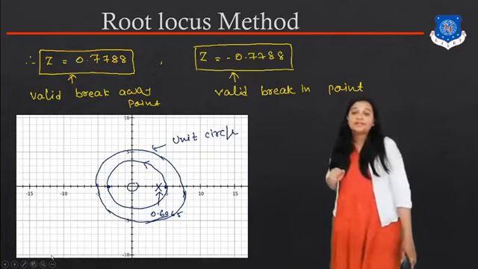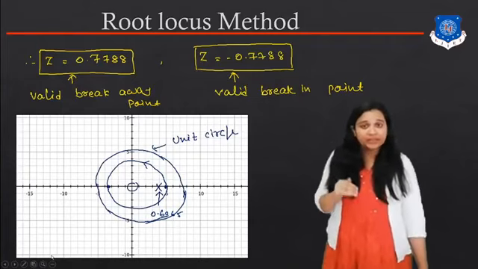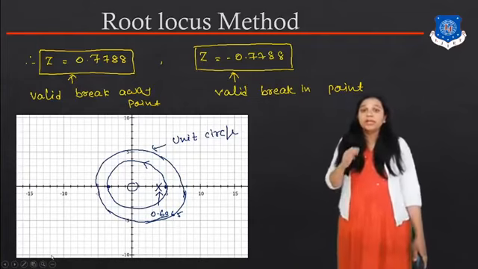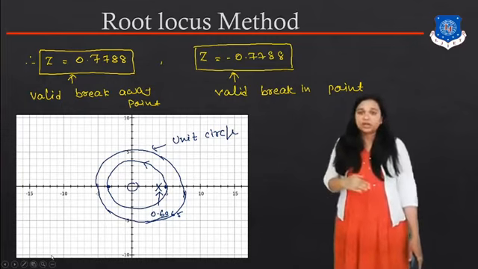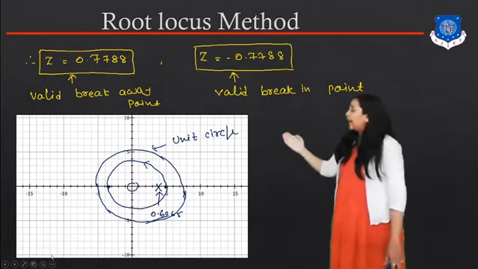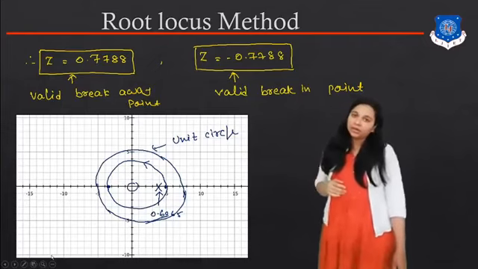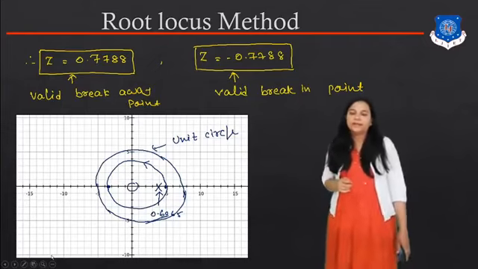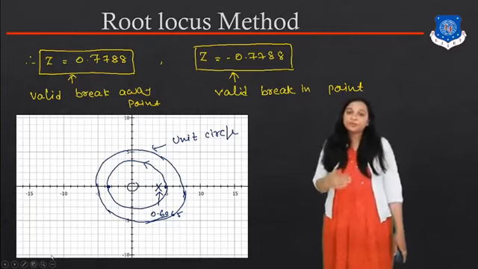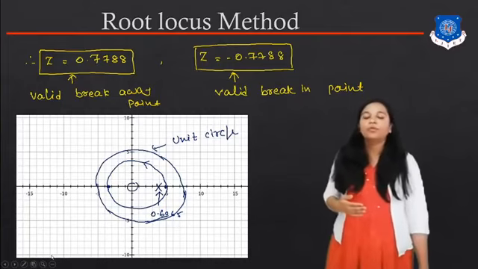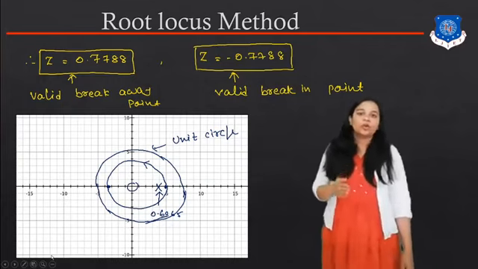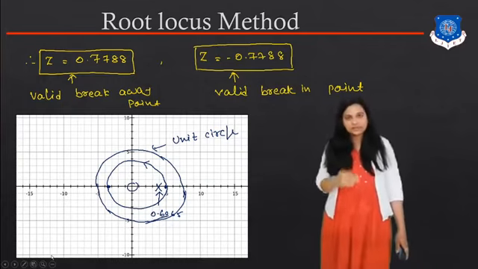0.7788. Now the necessary condition for the discrete time domain is that the root locus is in this unit circle. Here you can see that we get 2 points in the unit circle. So this type of system is known as a stable system. So using the root locus method, we can also find the stability of the system as well as the location of the poles and zeros in this system.